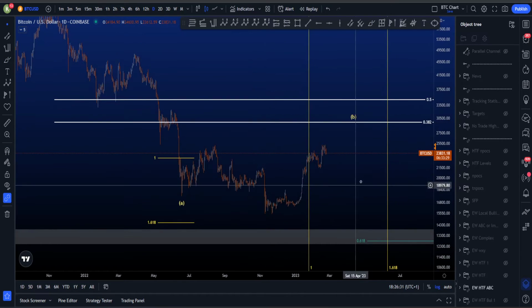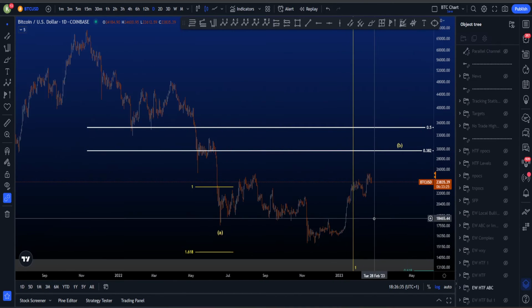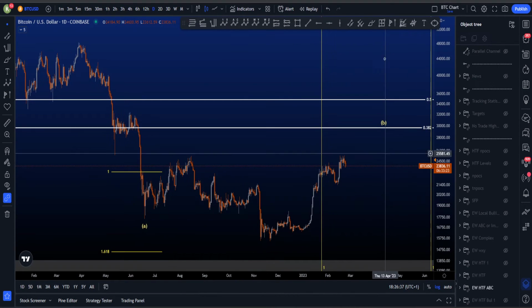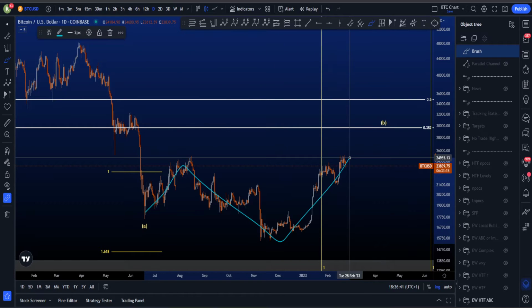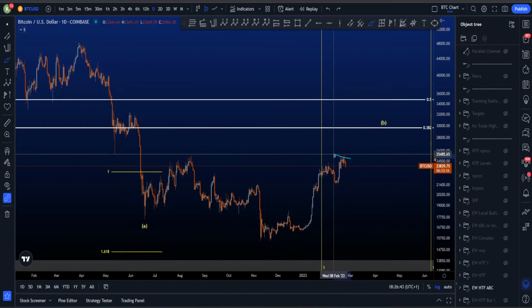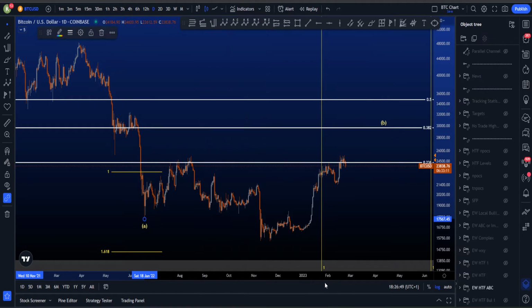Then we move to this structure. The only problem now is the fact that locally, we need to get higher. So if this is then a 3-wave structure, we are now at the 236. So if I put the 236 on my chart here, you can see